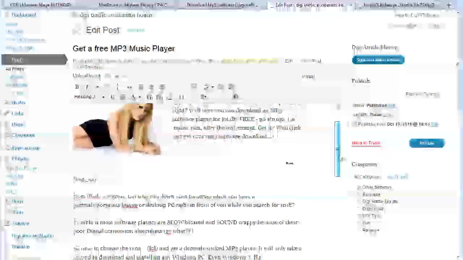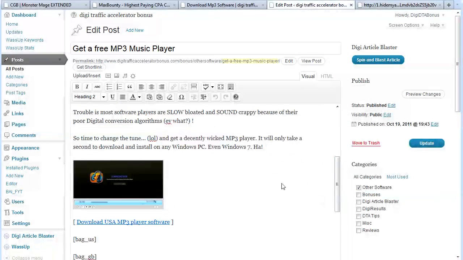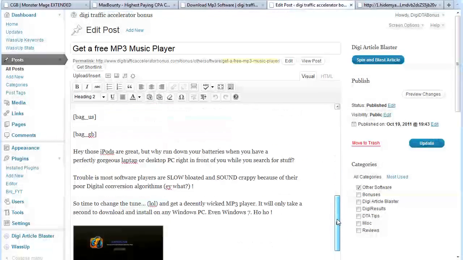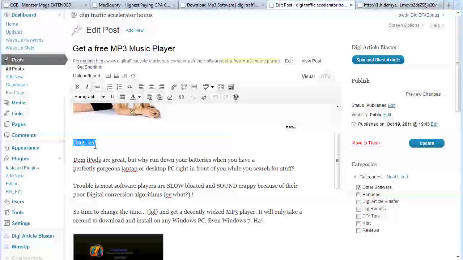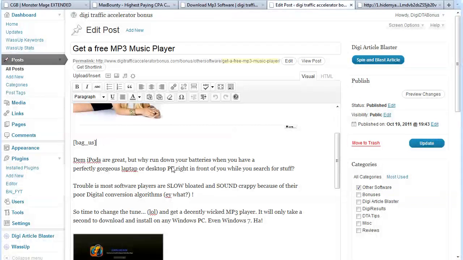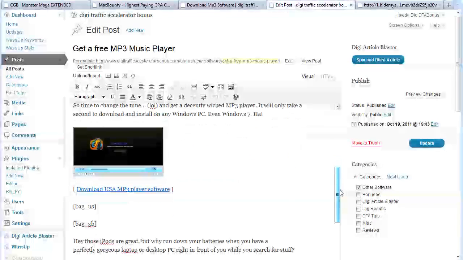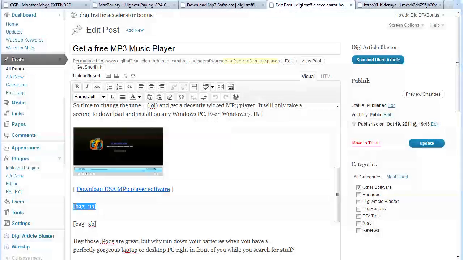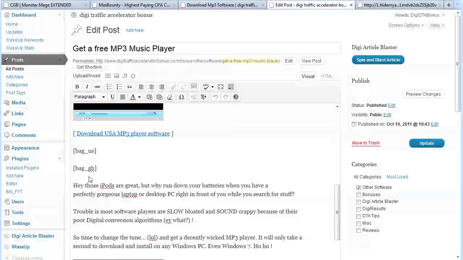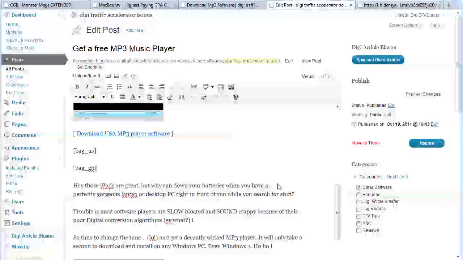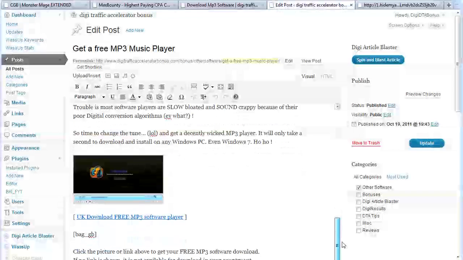So all we do is we write our content as normal. We've got our US offer in there and our UK offer, and all we do is surround each one by the tag, which is just BAG underscore and then the country code, so US for the United States, and we put that at the beginning of that country-specific bit, and then we put exactly the same code at the end, no slash, just exactly the same code, and then the same thing for the other region, so just BAG underscore and then the country, it's GB for Great Britain,